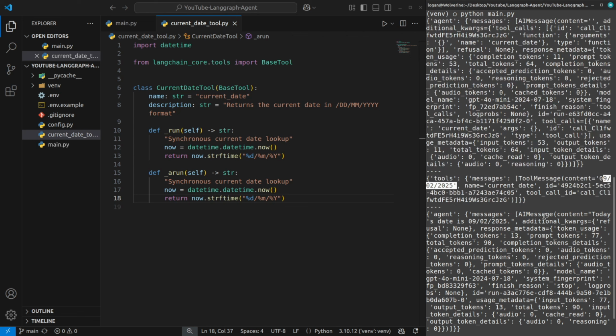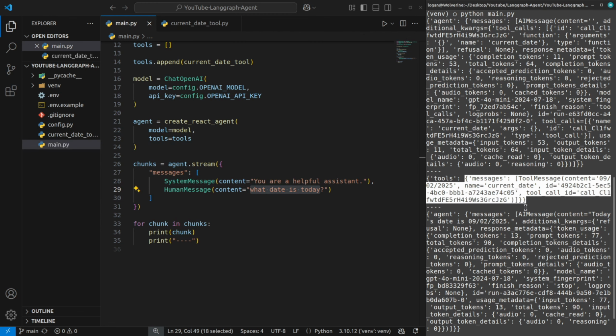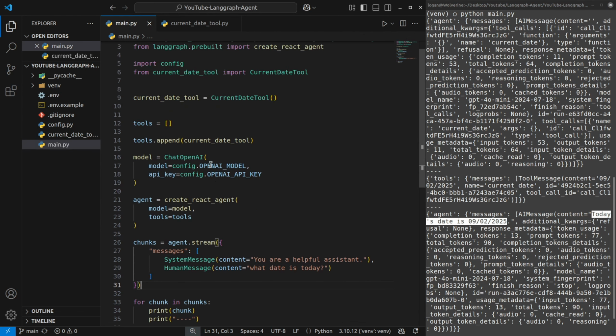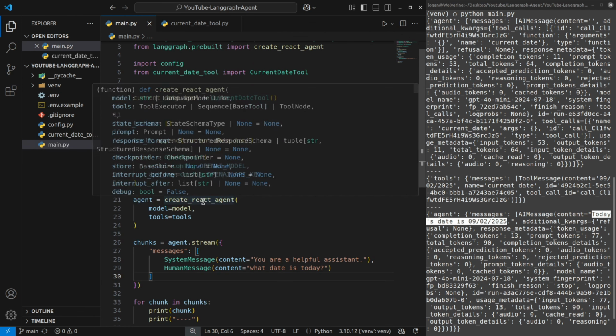And then the LLM comes into the picture, understands these two things that we have asked what date is today, and it has the information about today's date. So it formats the information that today's date is this. So I hope now you understand how we can create a tool and connect it to our ReAct agent,